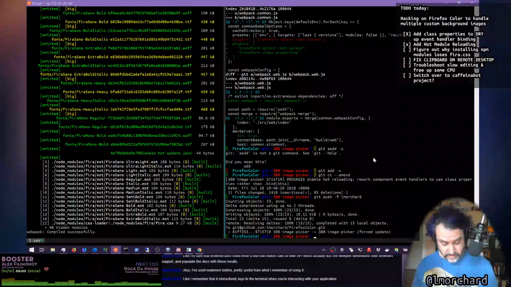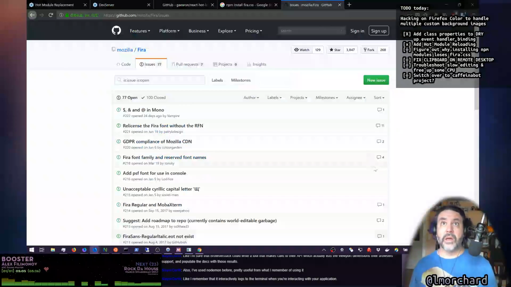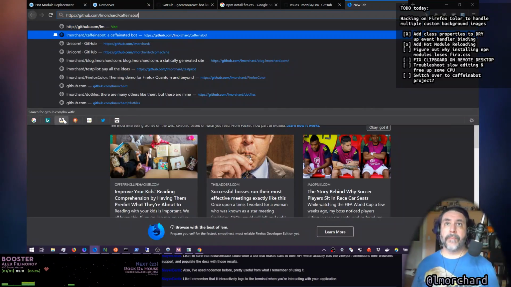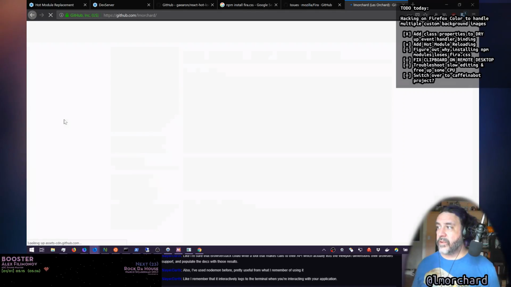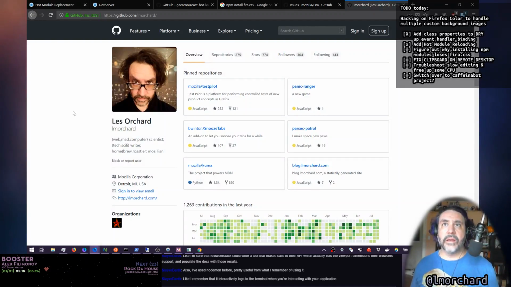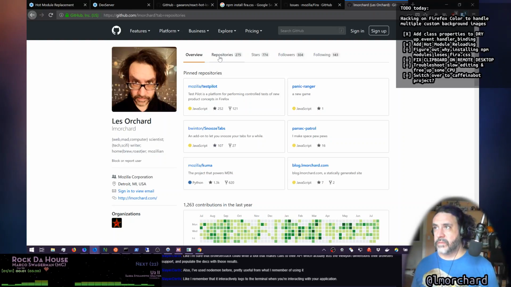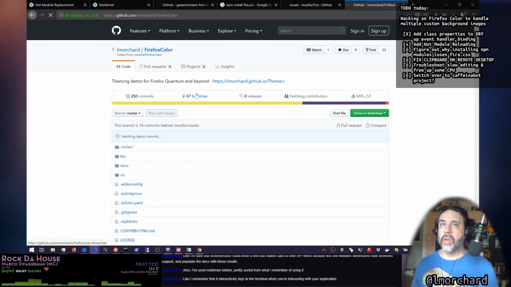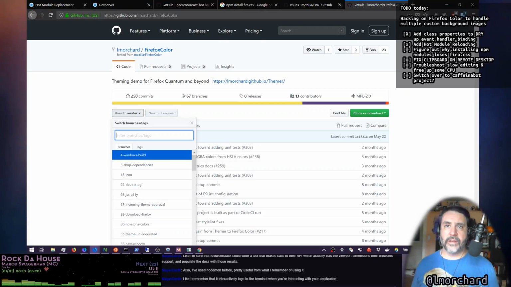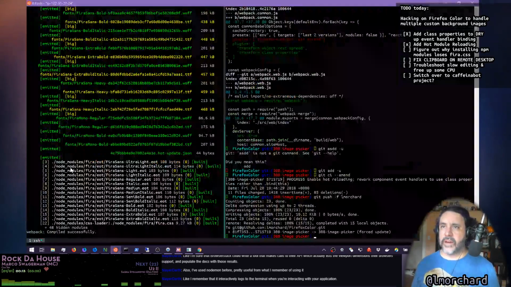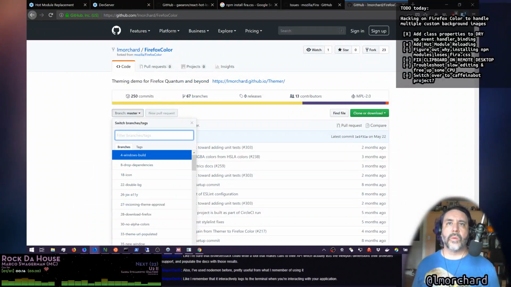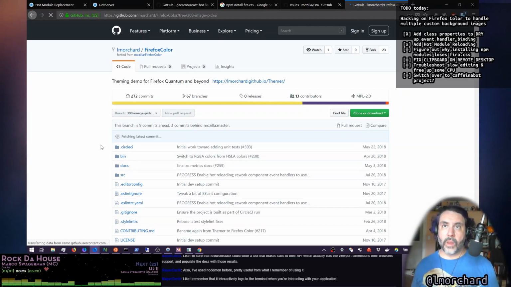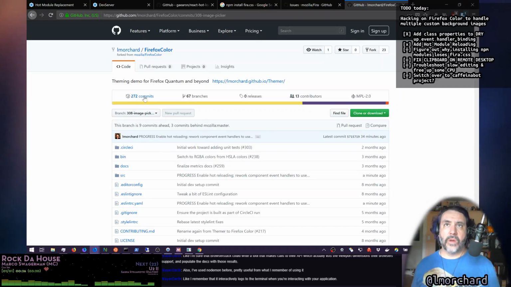And if you're interested, you can see the mess of things I'm making up here at... Yeah, so github.com/lmorchard is me. And what I just did is Firefox color. And what I just did is 110? No, 308. If you really want to follow along with the work I've been doing, you can see